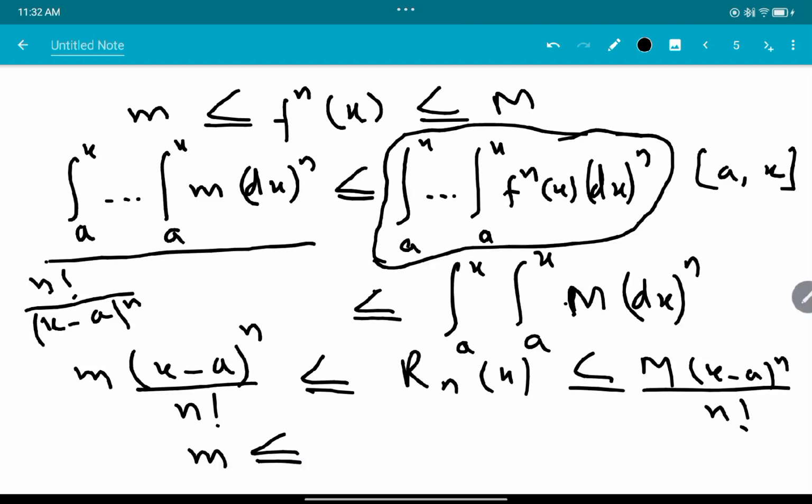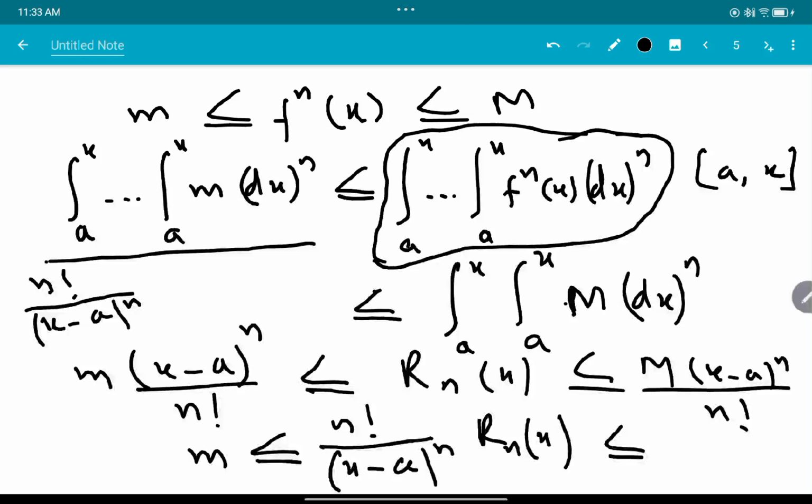Now multiplying this with the middle term will give me n factorial divided by (x minus a) raised to n, into R_n(x). That will give me here, this n factorial and (x minus a) raised to n will cancel, and I will be having M. So what do I find? I find this quantity lies between m and M. Okay, now